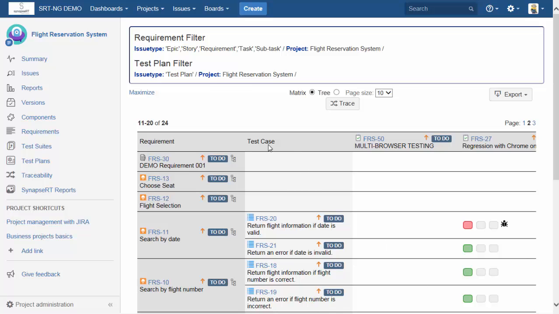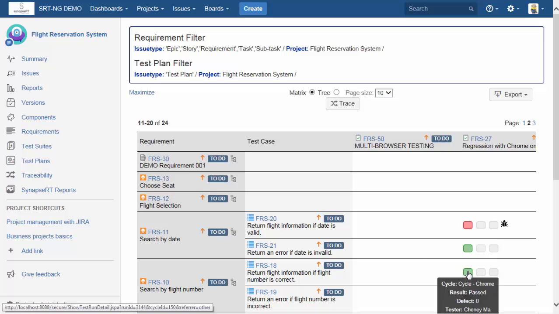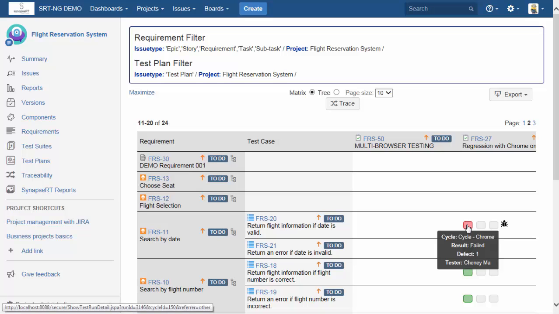In the traceability matrix report, the first column lists the requirements that you're looking for. The second column here lists test cases that cover the listed requirements. The third column indicates test execution results from test cases. The colored blocks indicate test results in the particular test cycle, which is from a test plan. For example, the green block means the test case is passed in that test cycle, when the red one means